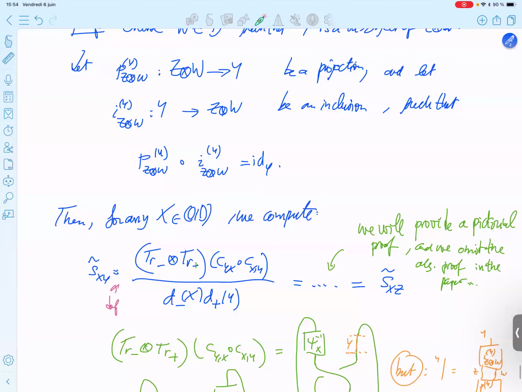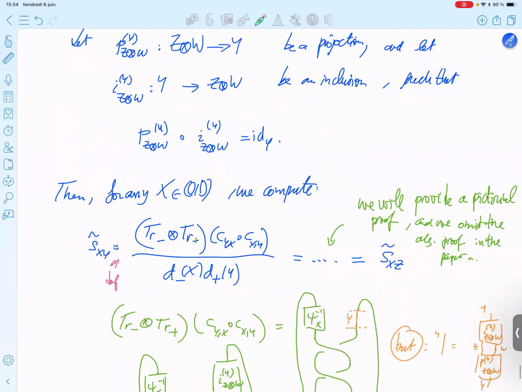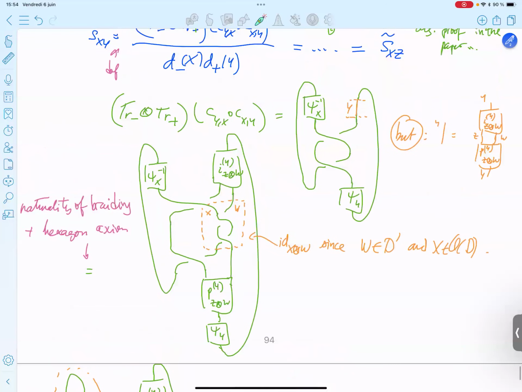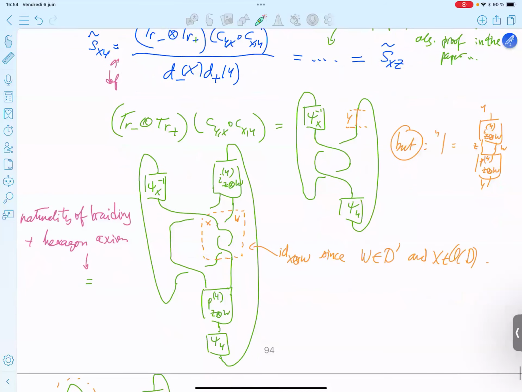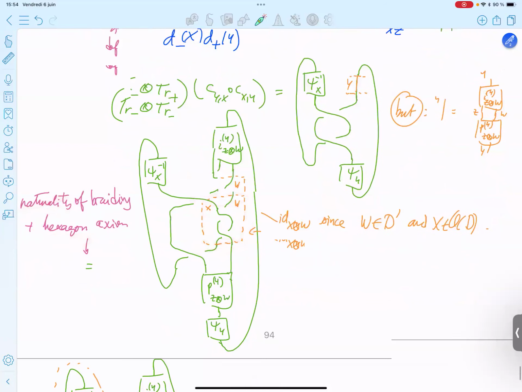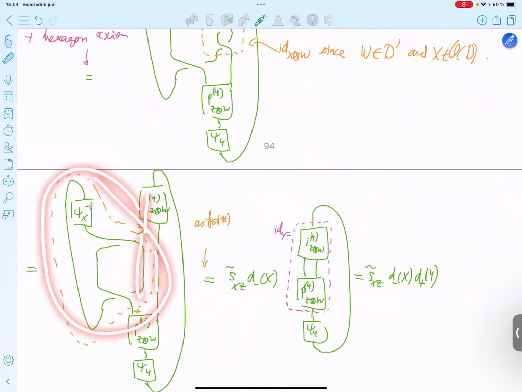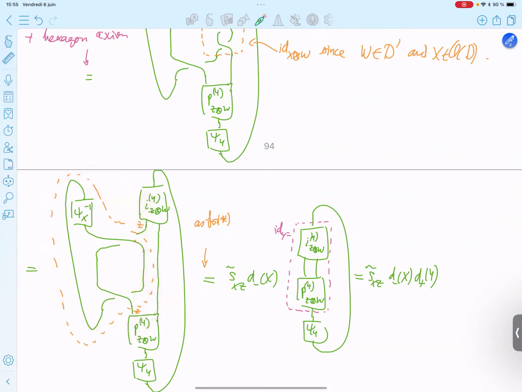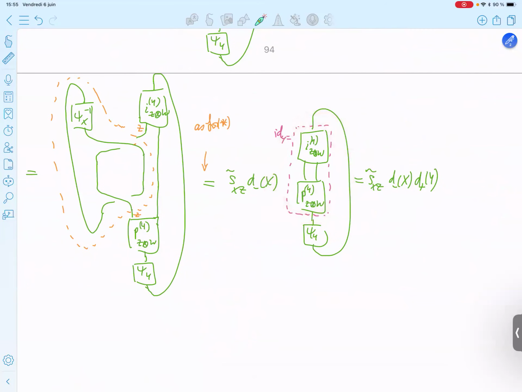Because Y and Z are in the same component, you directly see what happened at the pictorial level. So the trick is to use that. Then you develop everything using naturality and hexagon action, and you get this triviality here, identity. Then you use the trick, because this is a multiple constant of the identity here. The constant is computed this way, so you have identity. Then you come back to that, which is identity. So this is just the dimension of that.